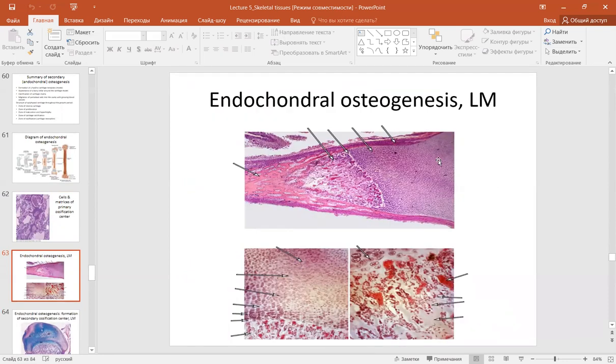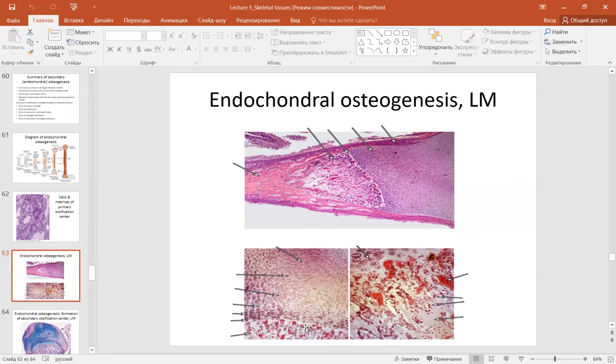Endochondral osteogenesis in light microscopic magnification. Here you see the interface between the cartilage and developing bone tissue. Here you have resting cartilage, proliferating cartilage, formation of the columns of the chondrocytes, the hypertrophic changes of the chondrocytes, the apoptotic changes of the chondrocytes and their transformation of the zones with the invading of the zones with the